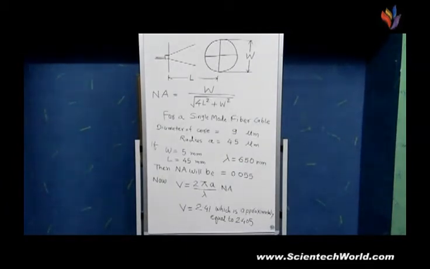The variation between the recorded value of NA in the datasheet and the observed value of NA is due to the fiber being underfilled, and for single mode it is because of the different operating wavelength of the single mode cable. As we know that single mode cables are commercially manufactured with an operating wavelength of 1300 to 1600 nanometer, and here we are using a laser source of 650 nanometer.